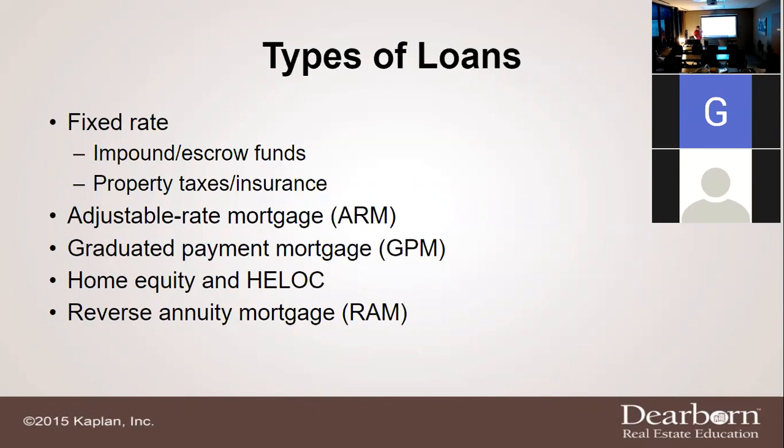Okay? So in that situation, you can have big issues. Now, of course, like I said, we talked about adjustable rate mortgage, guaranteed payment mortgage, home equity. Now, this one I hate. This one, home equity and HELOC. I hate it. That's just me. I've worked in the legal field, I've worked in doing financing, I've worked in many different areas. And I'm going to tell you, the biggest thing homeowners make mistakes on is this one, the second to last one.